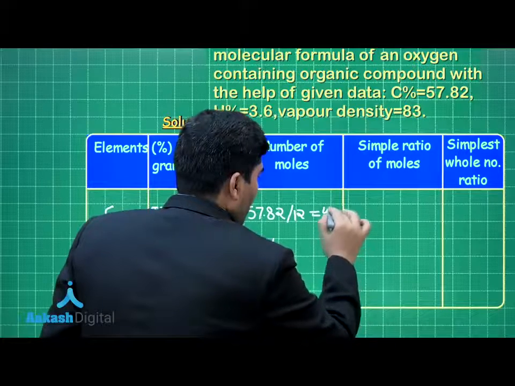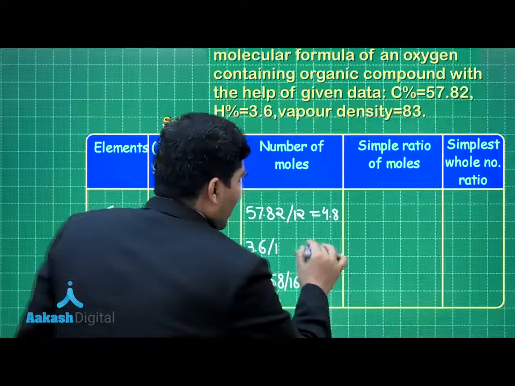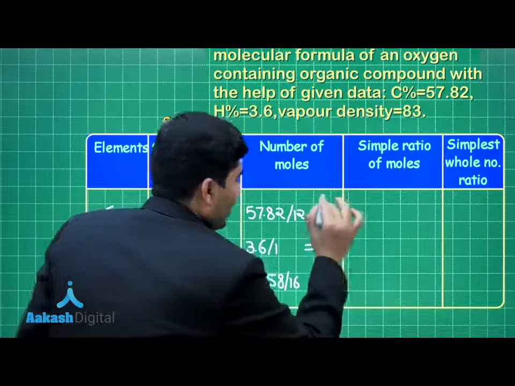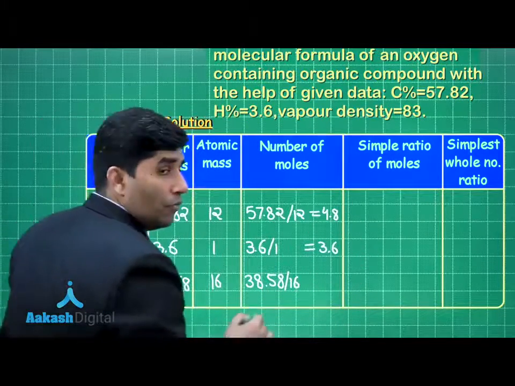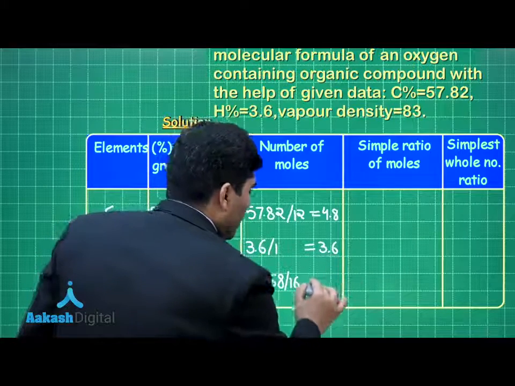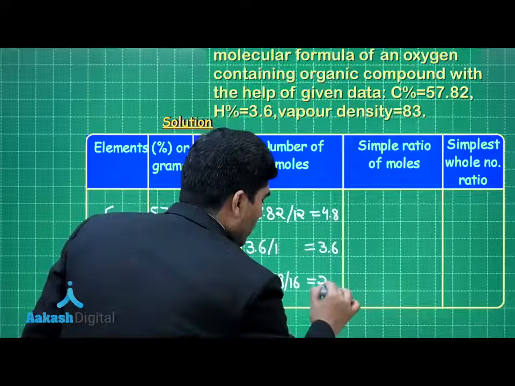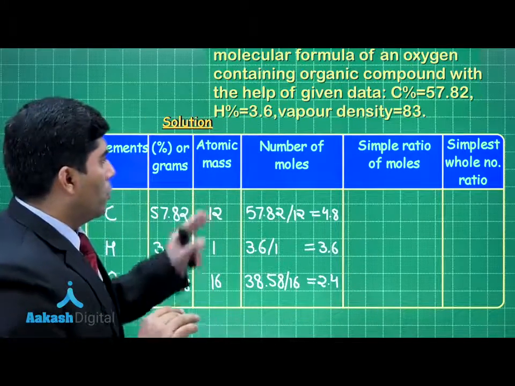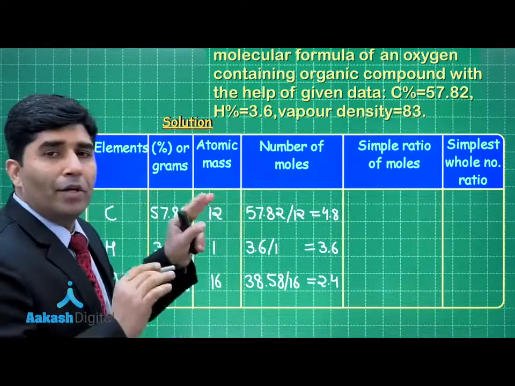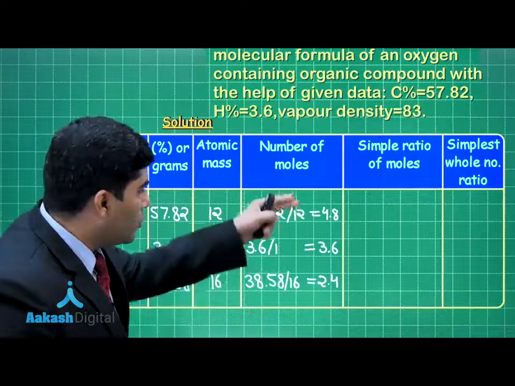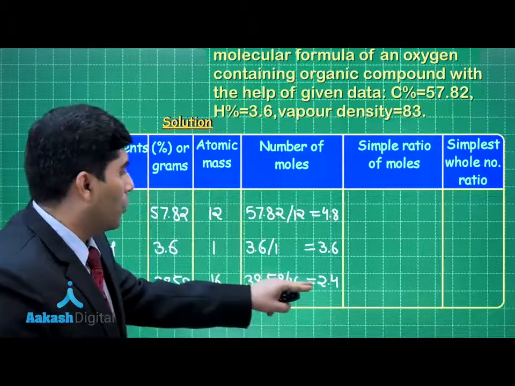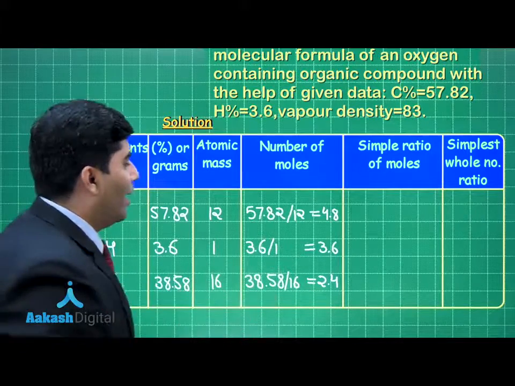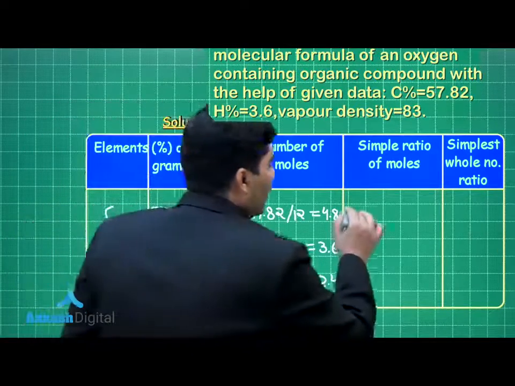Now if I solve this, I will get 4.8. In case of hydrogen, I will get 3.6, and in the case of oxygen, I will get 2.4. So we have to find out the simple ratio of the moles. So which is the least value? Least value is 2.4. So we have to divide all these values by 2.4. So dividing all these values by 2.4, we will get